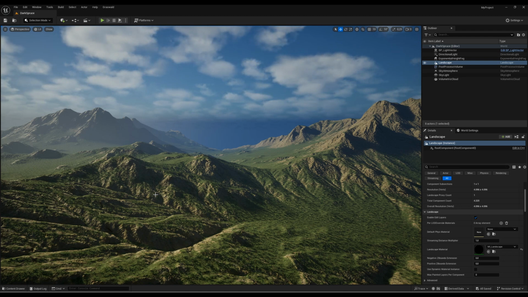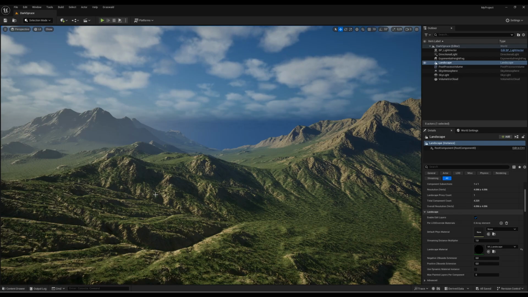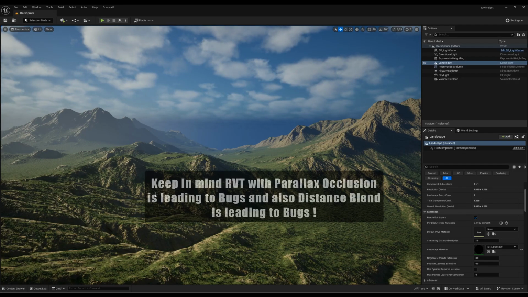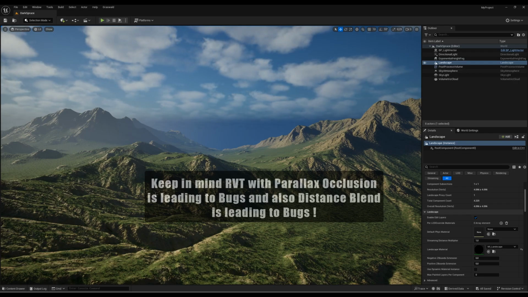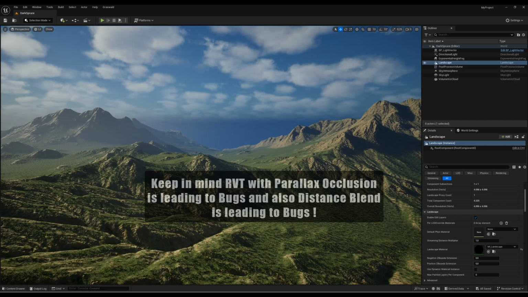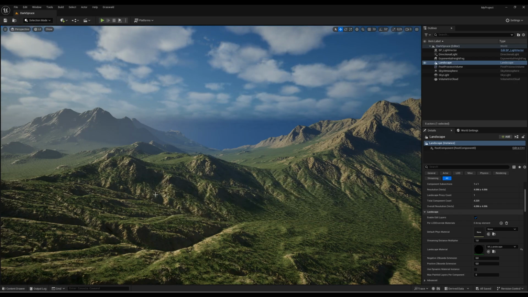All right, we are basically done with our master material, our landscape master material. But one thing I would like to add is the RVT, the runtime virtual texture support. So this has two benefits. It's saving you a lot of performance because the virtual texture is like everything we don't really see, which is far away, is not really being processed. So we save a lot of